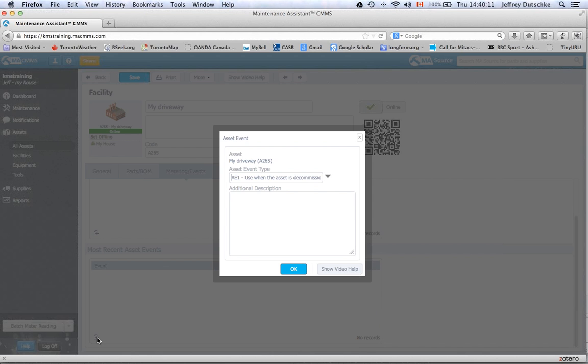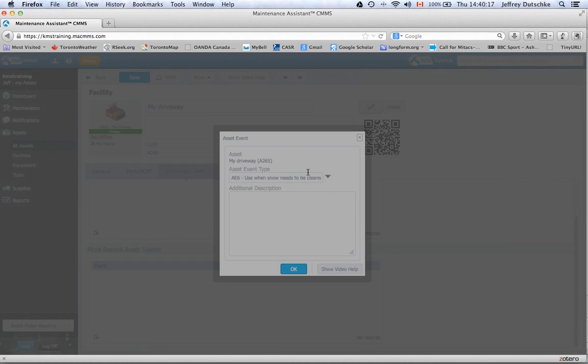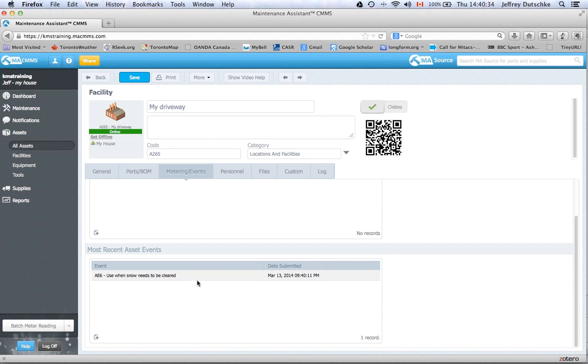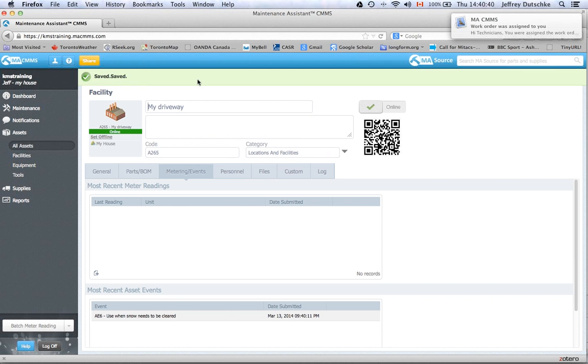We can do that clicking on new down here, most recent events, and we click the right event, which in this case is the snow is there and it needs to be cleared. Snowing on Thursday afternoon, and we click OK, and we can see now that this event has occurred, and we can press save, and